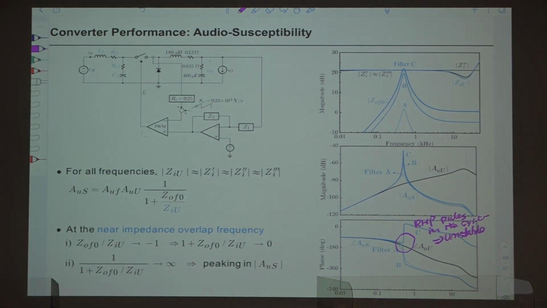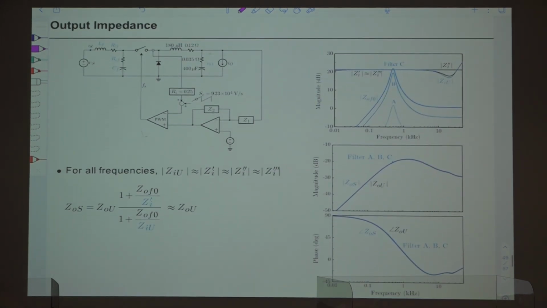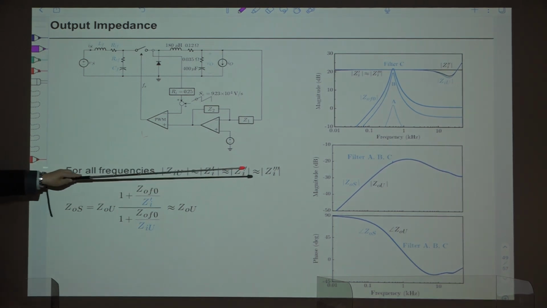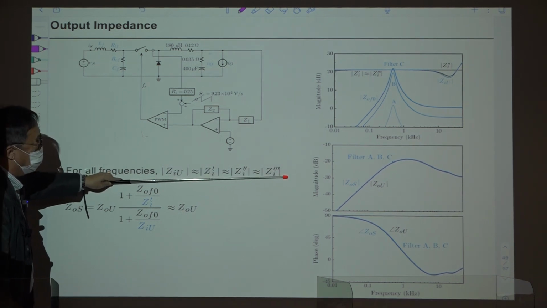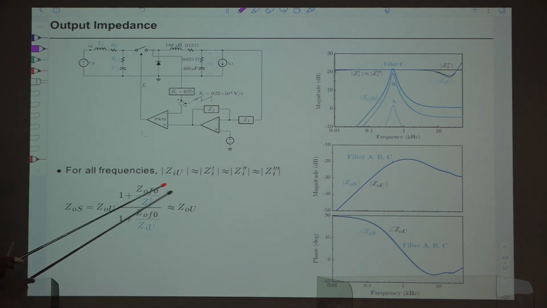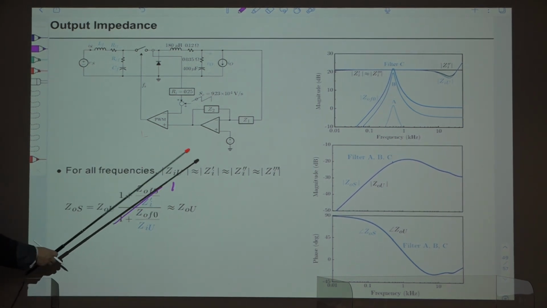How about the other transfer functions? The output impedance of this converter is expressed like this. This is the exact equation originated from the ET, but we have this characteristic for this case. This is always true for the buck converter with current mode control. Then all of them are the same. Then this whole term becomes what? Unity. So we cancel this numerator with the denominator and the whole thing becomes 1.